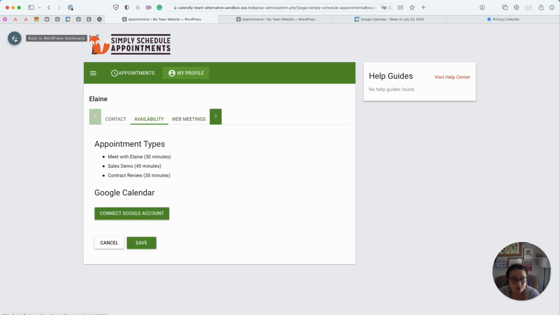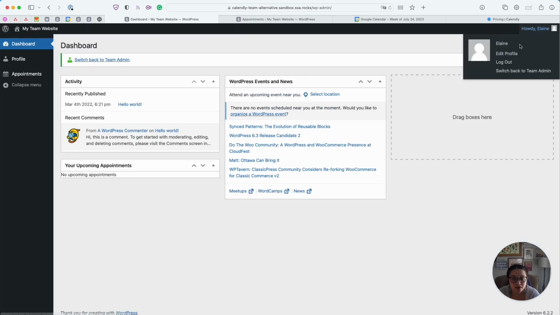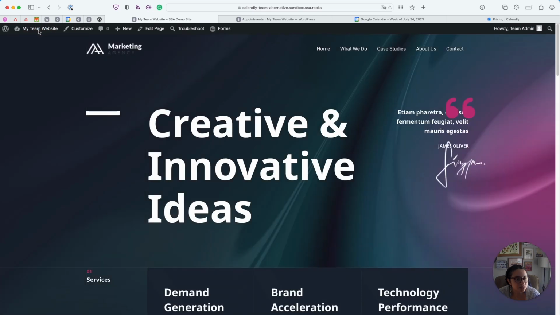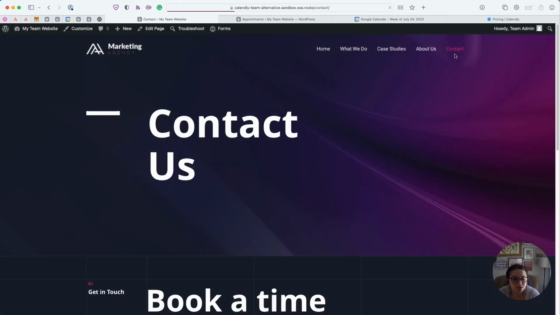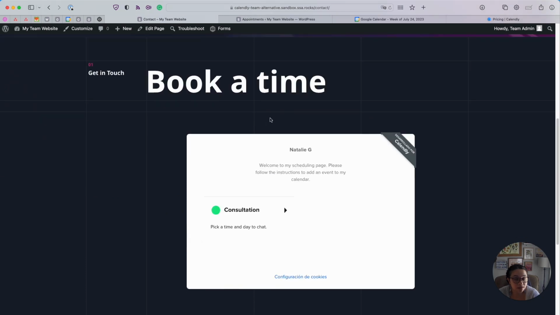All right, so going back to my admin account, let's go ahead and embed our new calendars onto the website and see how they all work. So switching back to the team admin, and let's go to our WordPress website and go to our contact page. All right, so here under Contact Us, we still have our Calendly form, so let's go ahead and edit this